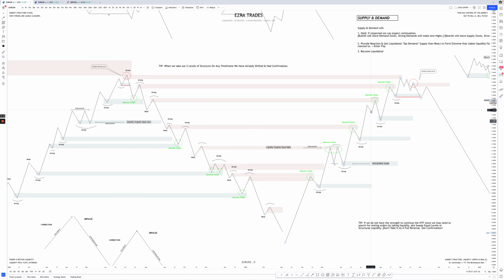Higher high, higher low, higher high, tap. This is into reaction. What does this give us? Break of structure to the downside. It's a sweep of structural liquidity. But what? We do not take shorts because our confirmation will be when we take out 2 levels of structure